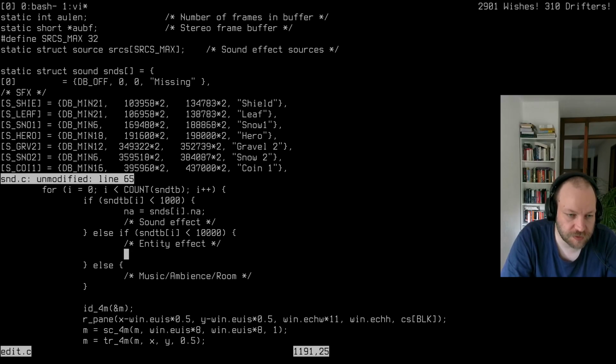If it's an entity effect, then the name is all the objects with the ID, that's sound table, and then the name from that. And if it's